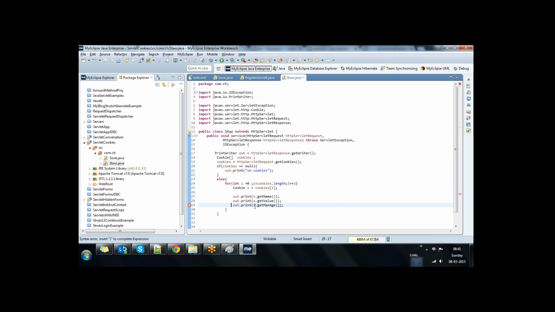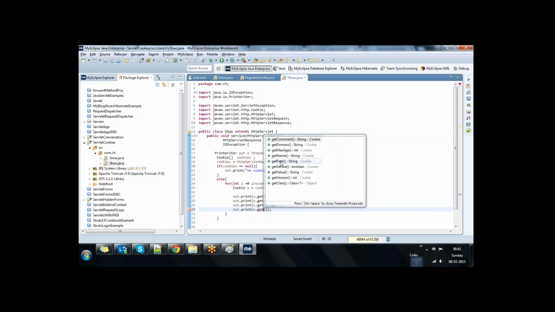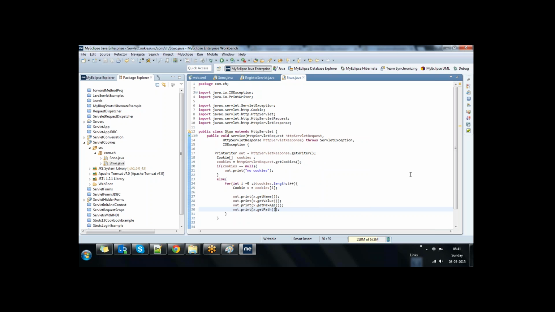Please write down the methods. getPath. Now, if we deploy the application,